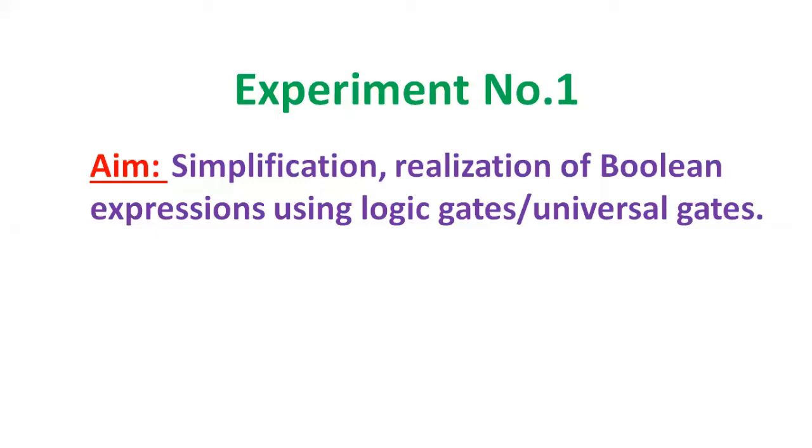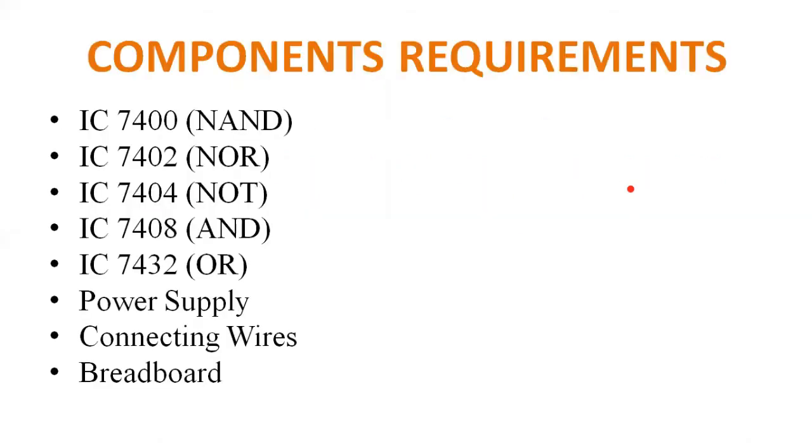Now one question may arise in your mind: why are NAND and NOR gates called universal gates? Because you can implement any gate using NAND gate and NOR gate. That's why they are called universal gates. Suppose you want to implement AND gate using NAND gate or NOR gate, then it is possible. If you want to implement NOT gate, then also it is possible. Now we are going to see how this kind of implementation is possible using NAND gate and NOR gate. We are going to see 7 kinds of implementations in this experiment.